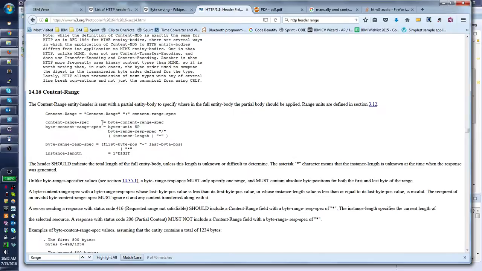Okay, so to make the resume work, we need to specify the content range, basically where we stopped. So we have to get the current file size. Let me show an example.